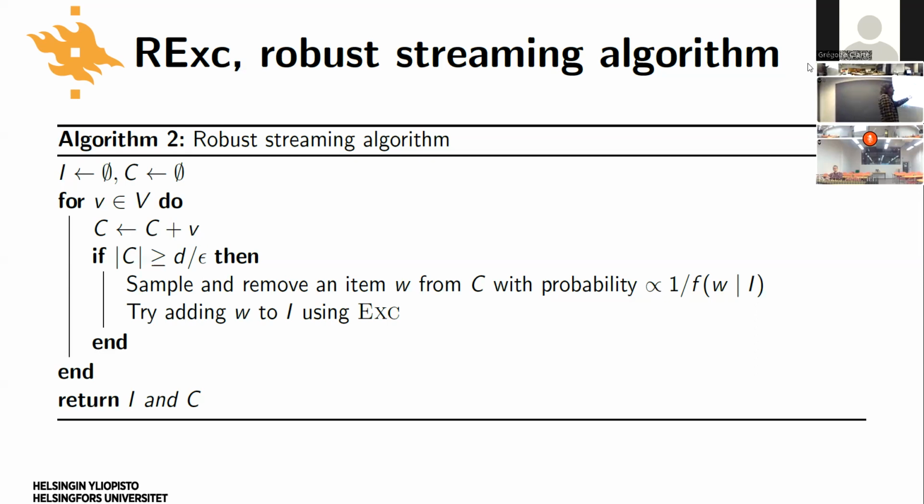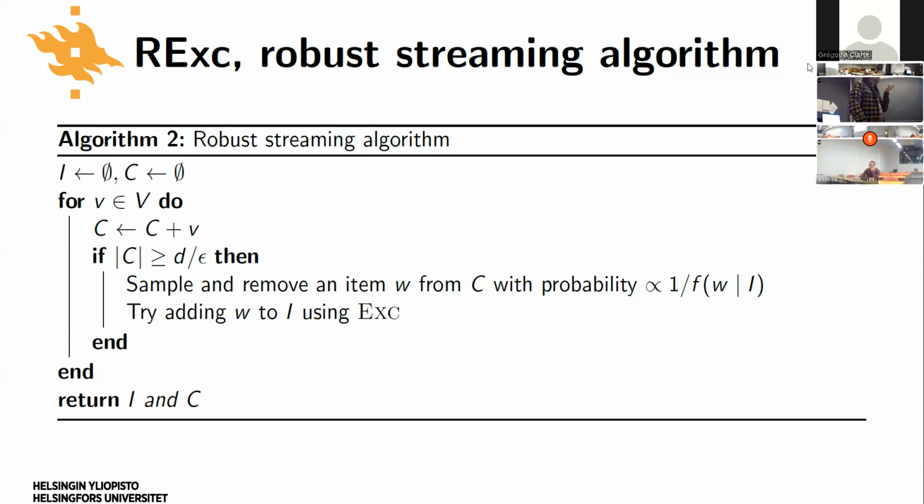So C is like the items that are reserved, that you need to add later in algorithm one, and then in the next algorithm. And then I is your tentative solution that this constructs. But both sets are needed, and they're part of the coreset. So you start, both are empty at the beginning, and now you go over the items again in the for loop, and you keep adding items to your coreset, to C, and then the moment this coreset gets too large, and so D divided by epsilon,